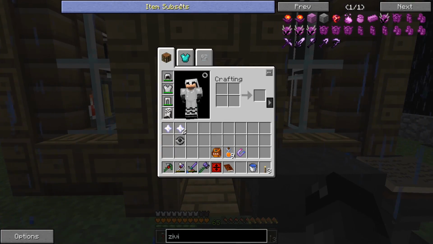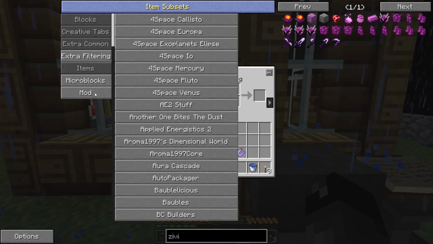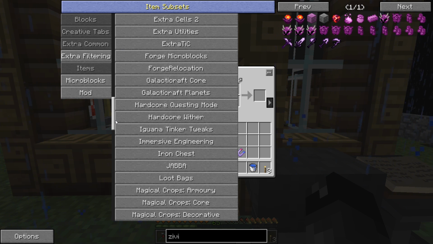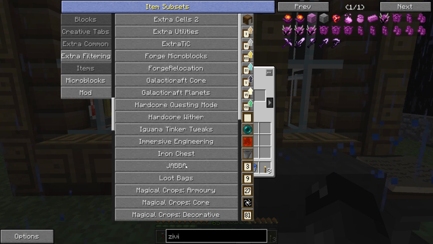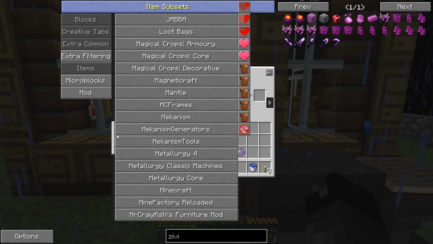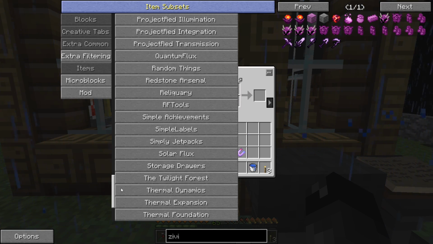And does this have hardcore ender expansion? I hope not, actually. Let's just take a look real quick. Hardcore questing mode, hardcore wither. That must be what the wither boss is doing, how it learns more about me. Yeah, I don't know if there's anything special about the end dragon. I don't think so. What we probably should do though,